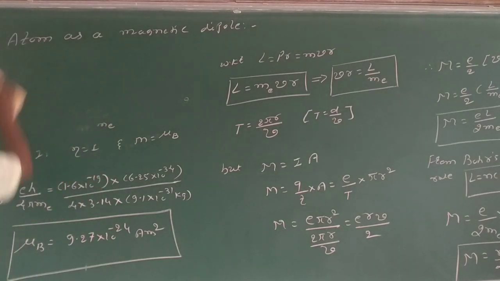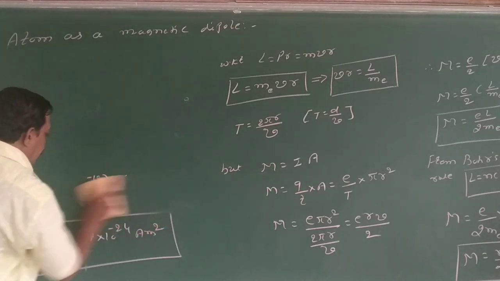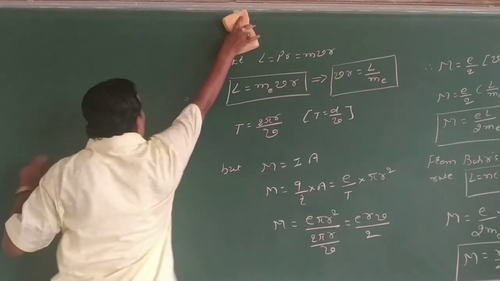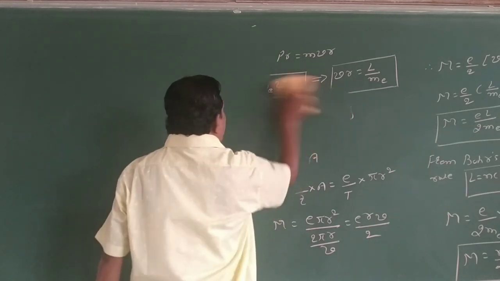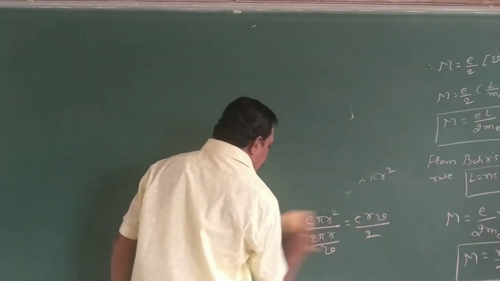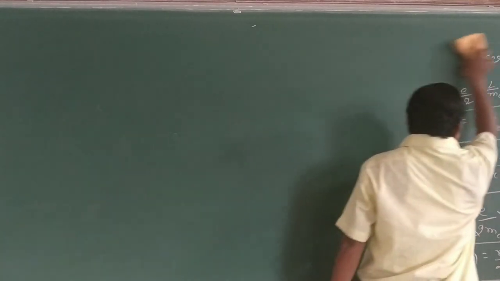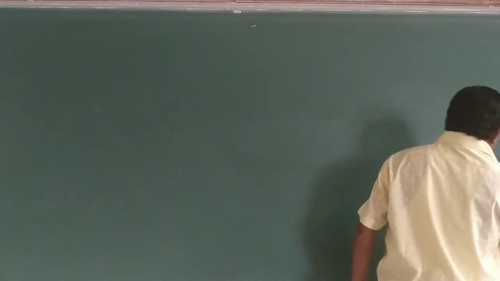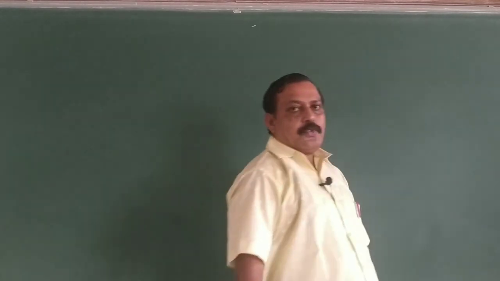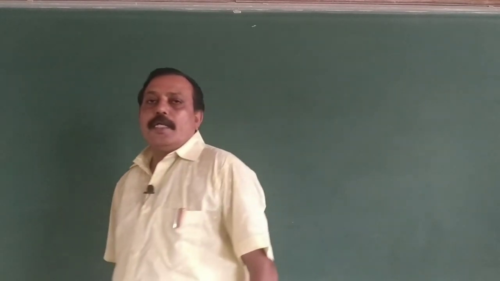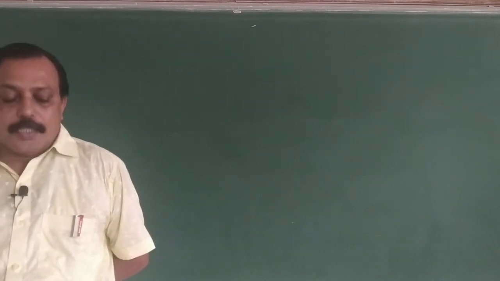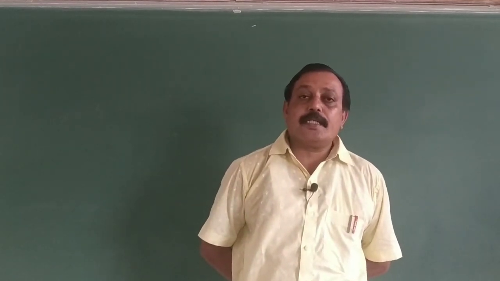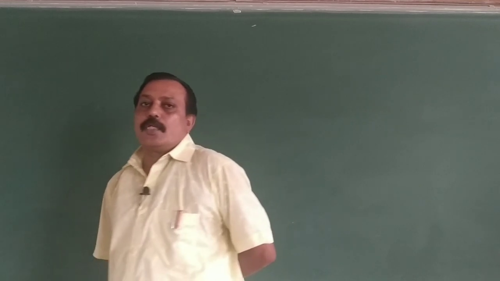Then let me come to the important topic, the moving coil galvanometer. What is it? What is the importance of the moving coil galvanometer, and what is the principle behind it? A moving coil galvanometer is a device used to measure a very feeble amount of current, 10 to the power of minus 8 ampere to 10 to the power of minus 10 ampere. This small amount of current cannot be detected with any laboratory device except the moving coil galvanometer.